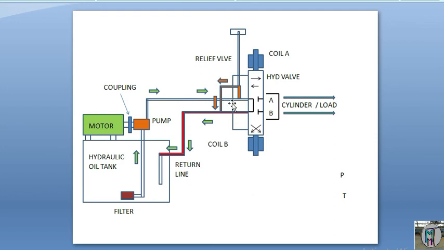You can see the pressure will be released through the red color arrow here, directly to the tank. So the excess pressure will drop. Suppose your movement has been completed and your PLC did not receive the signal to stop. That time also, pressure will build in the cylinder at 90 bar only, the cylinder is not moving, and all the extra pressure will be released to your hydraulic tank. So that is the basic system of our hydraulics.